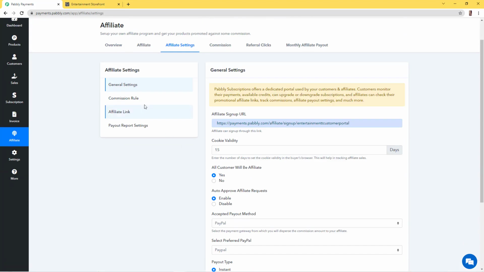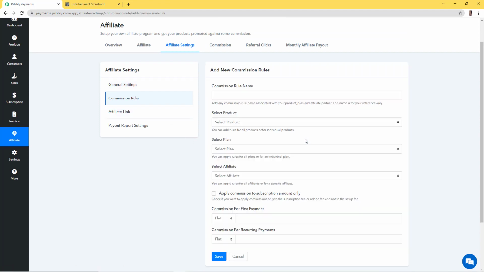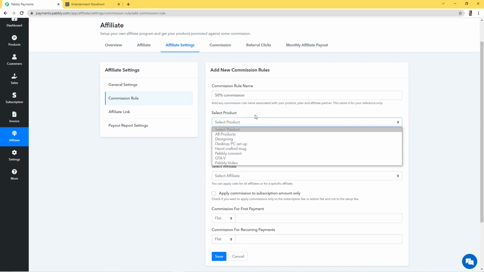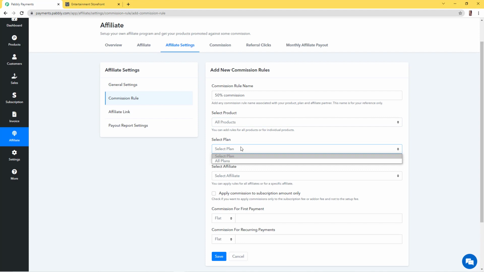Now we'll set some commission rules. We'll click on commission rules and click on add commission rules. So by commission rules, we are going to decide how much commission our affiliates get for the products that they are referring to the other customers. So we'll set the commission rule as, this is one of my commission rules, and then I have to select the product for which I am assigning this rule. So I want it for all my products, and plans, I'll be choosing all the plans,